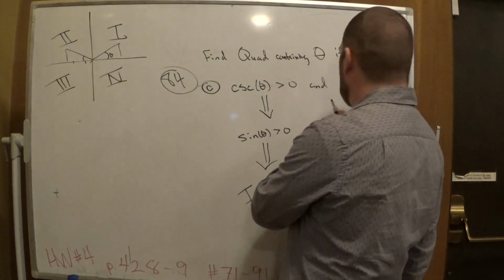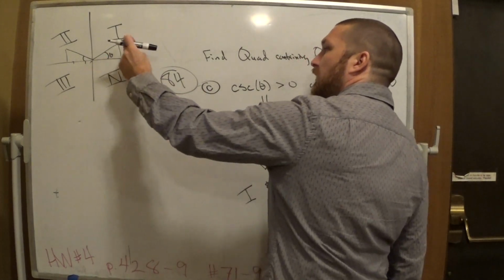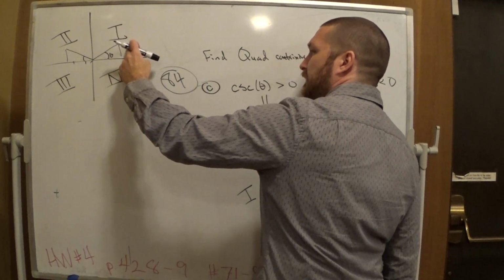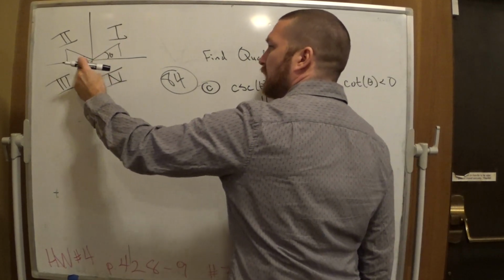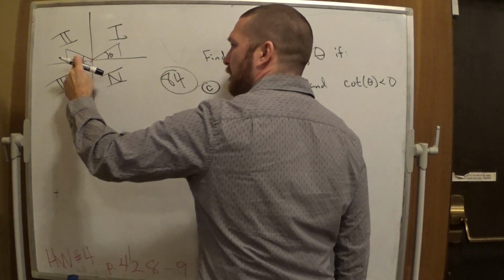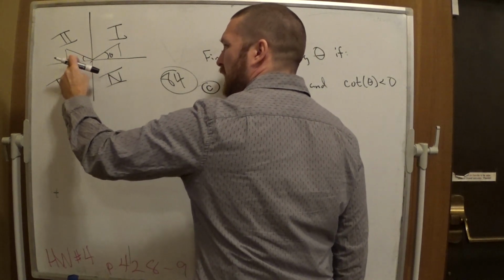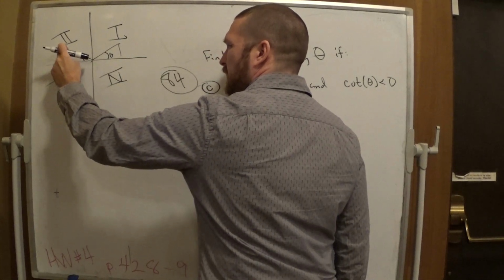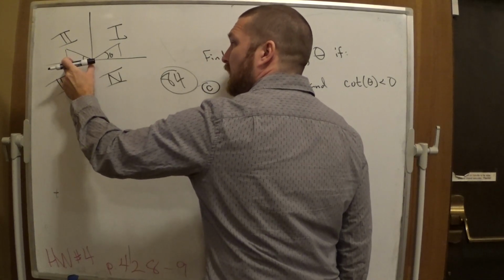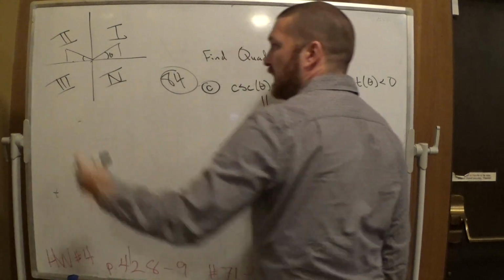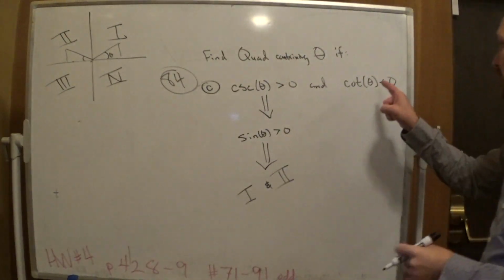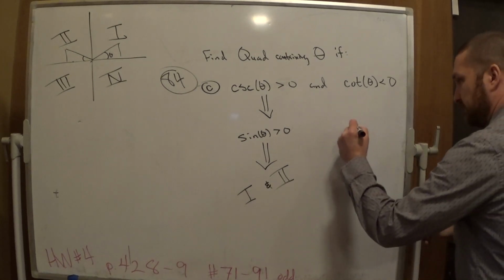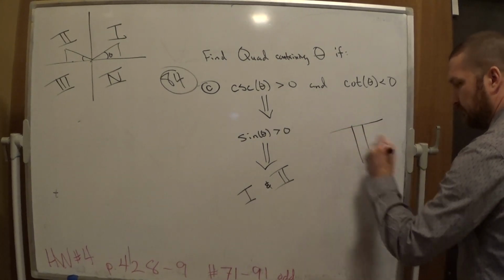In this case, cotan would be adjacent over opposite, and so you'd have a positive over a positive. That's not going to work. Here, if you're going this way, is this negative or positive down here? Negative. Negative over, is this negative or positive? Positive. So negative over positive is a negative. That means cotan's negative. Is that good? Yes. So what quadrant? 2. There's your final